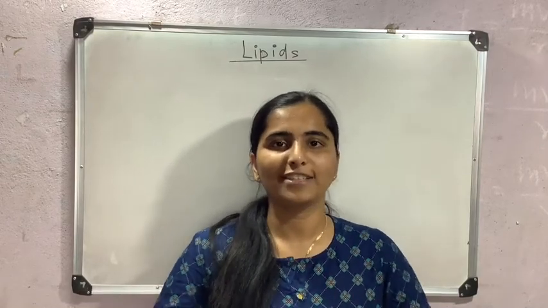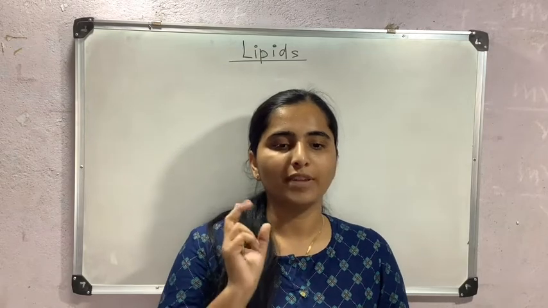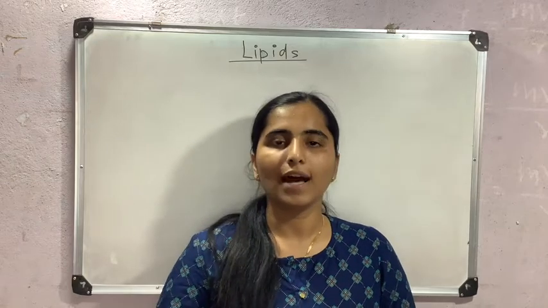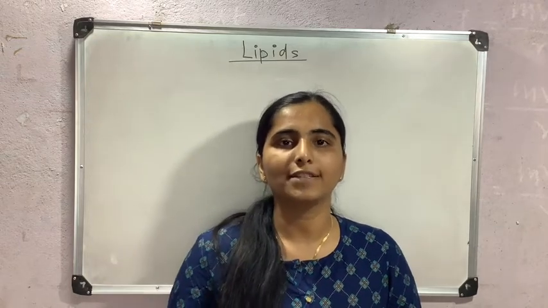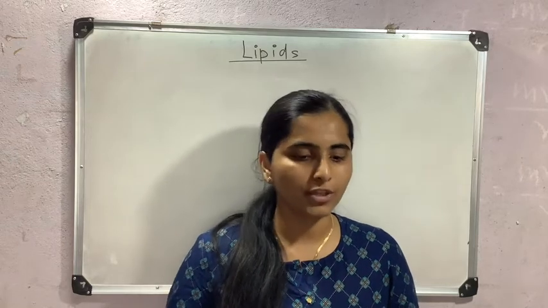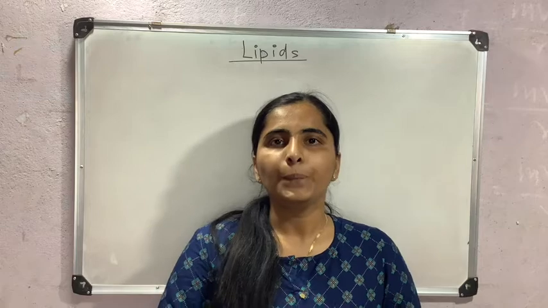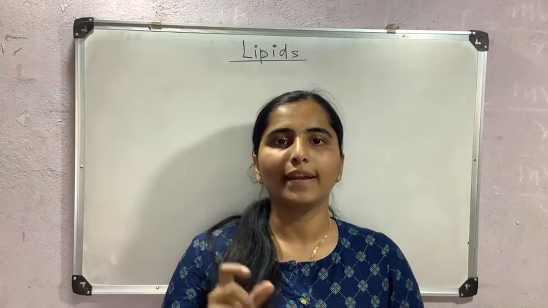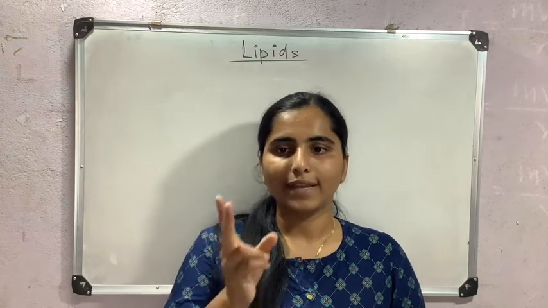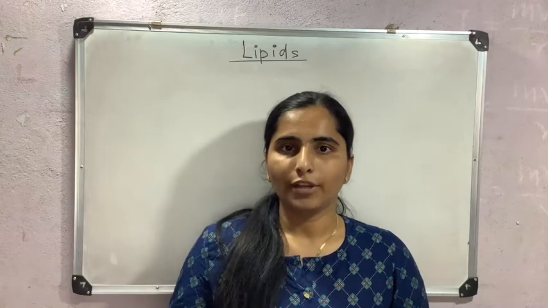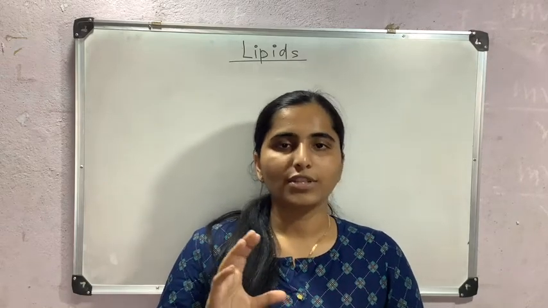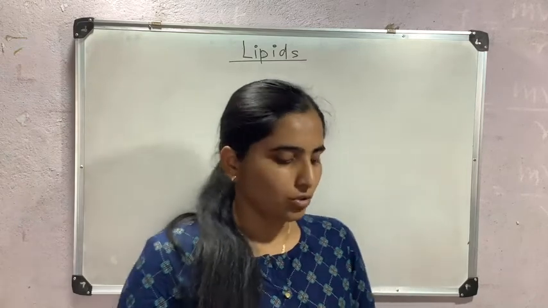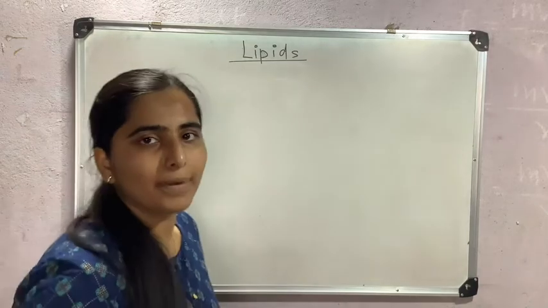This is a lecture series on lipids. In the previous two lectures, I told you about saturated and unsaturated fatty acids, and how omega-3, omega-6 and omega-9 fatty acids are different from each other due to the difference in their structure. In this video, I will tell you about the physical properties of fat and one concept, polymorphism, and under that there are two main concepts: tempering of fat and shortening of fat. In this video I will just tell you about tempering of fat. You must have heard about tempering of chocolate. First, let's start with the physical properties of fat.